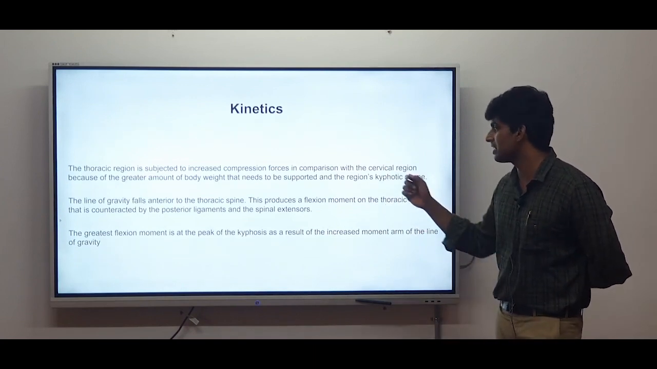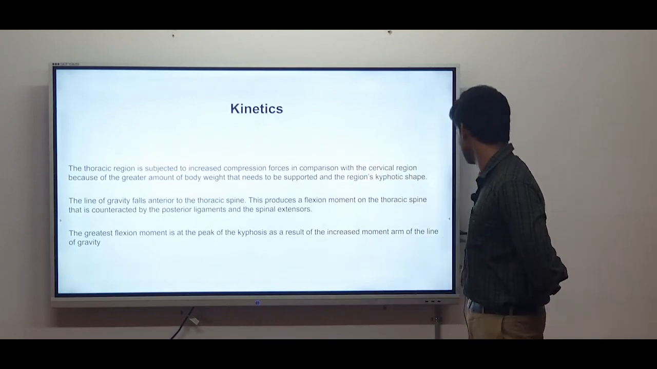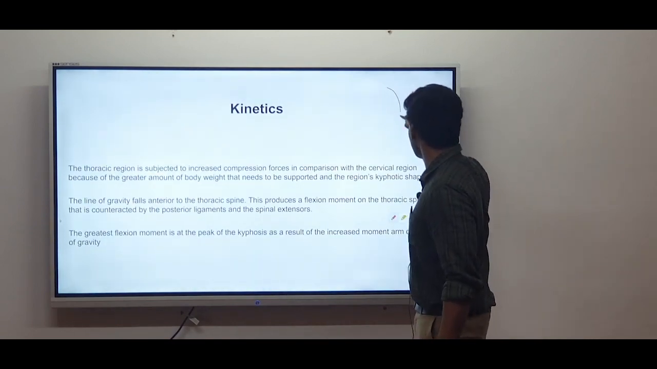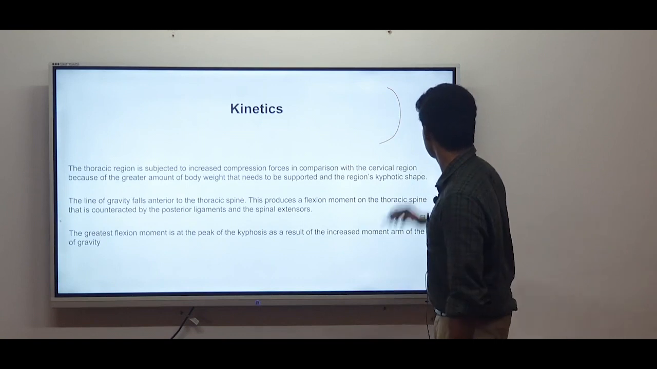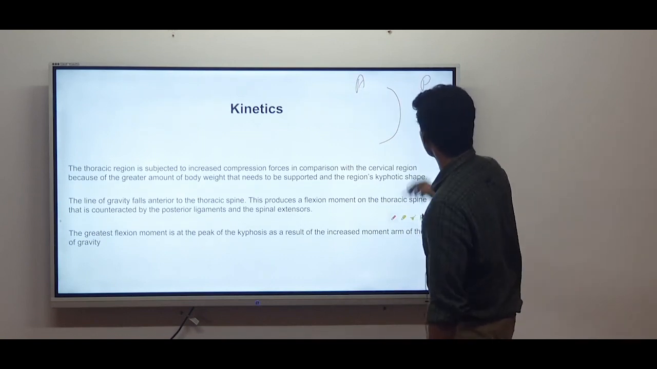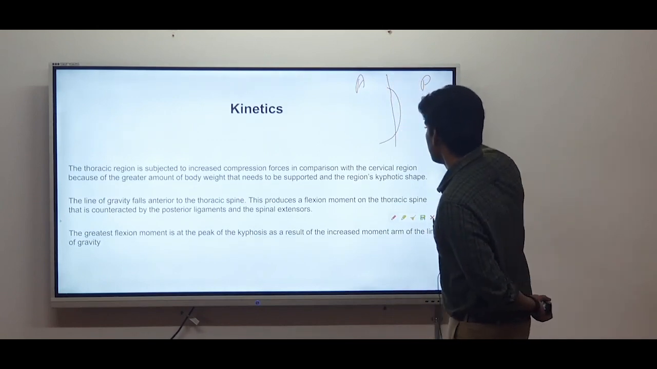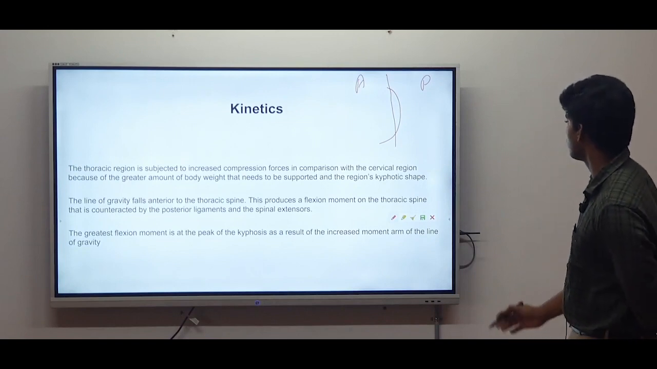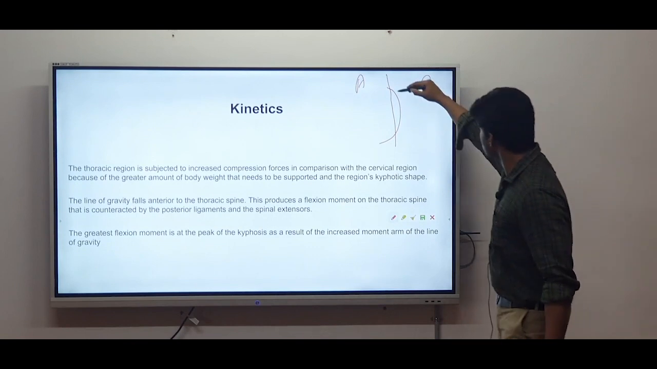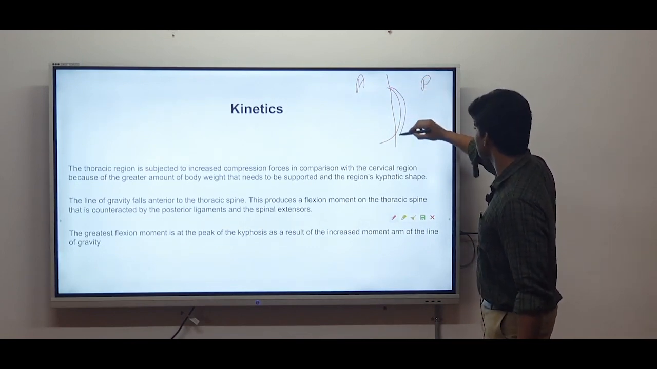and this produces a flexion movement of the thoracic spine that is counteracted by the posterior ligaments and spinal extensors. For example, the thoracic spine forms a kyphotic arch, with posterior here and anterior here. So the line of gravity will be falling just anterior to the thoracic spine, which produces a flexion movement on the thoracic spine that is counteracted by the posterior ligaments. So these posterior ligaments and the spinal extensors,